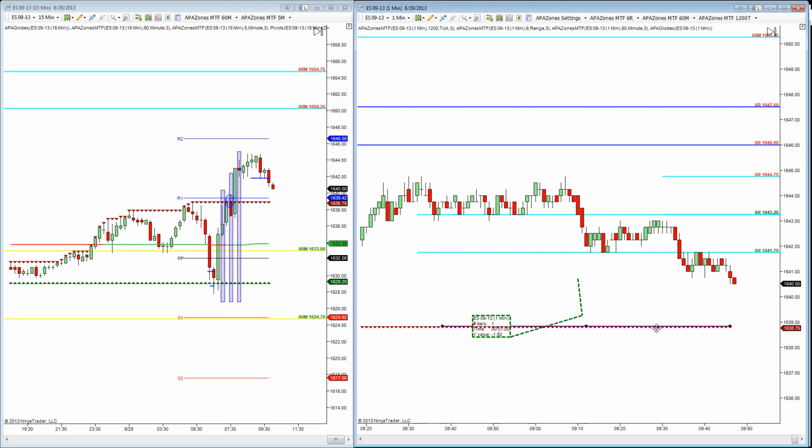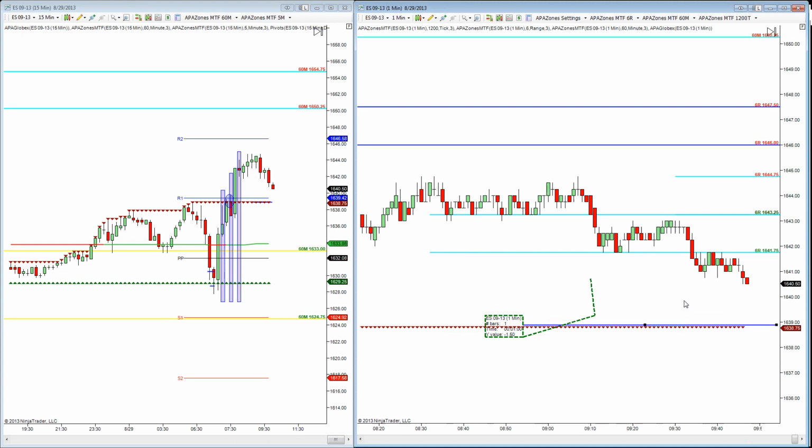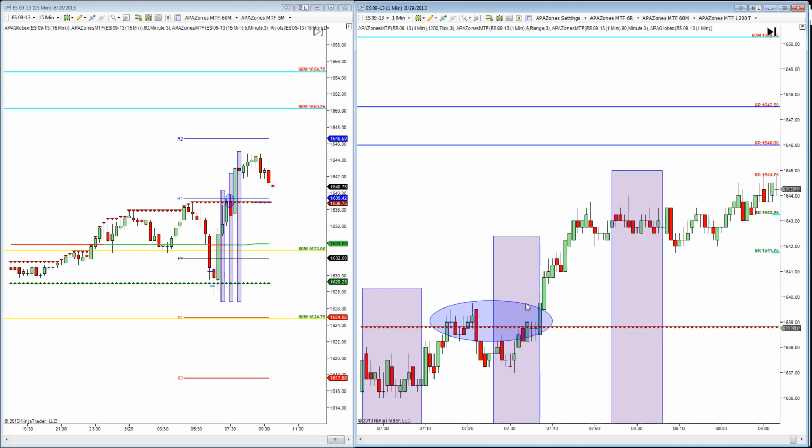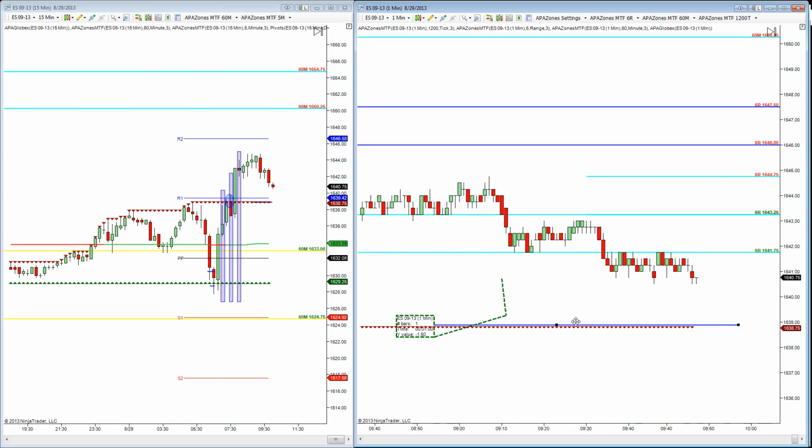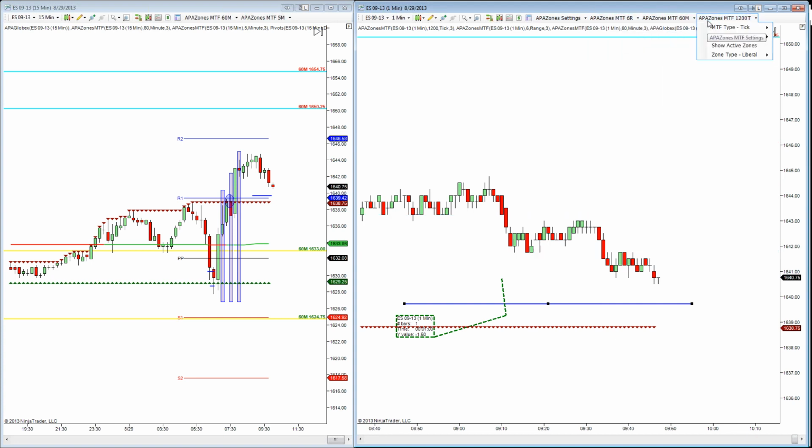Now, there's going to be some type of resistance right around the Globex level, because over here we have this consolidation and stuff like that. So we're going to have some type of reaction down in this range. What is it going to be? I don't know. I don't have any 6 range zones there. Let's see if we have any